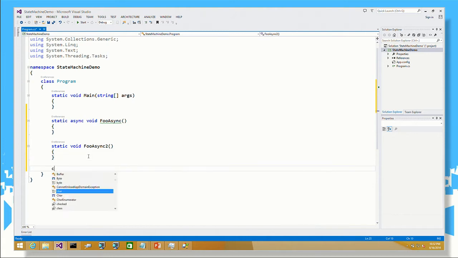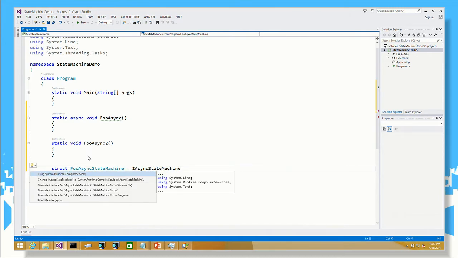So the compiler will generate a class. Oh, actually, oops, first mistake. The compiler will generate a struct that implements an interface called IAsyncStateMachine. And that thing will have an unspeakable name that I can't type here because Visual Studio will say it's not a valid C# identifier. We'll take a look at it in just a moment. But let's just call that thing FooAsyncStateMachine. And that implements IAsyncStateMachine, which comes from the System.Runtime.CompilerServices namespace,